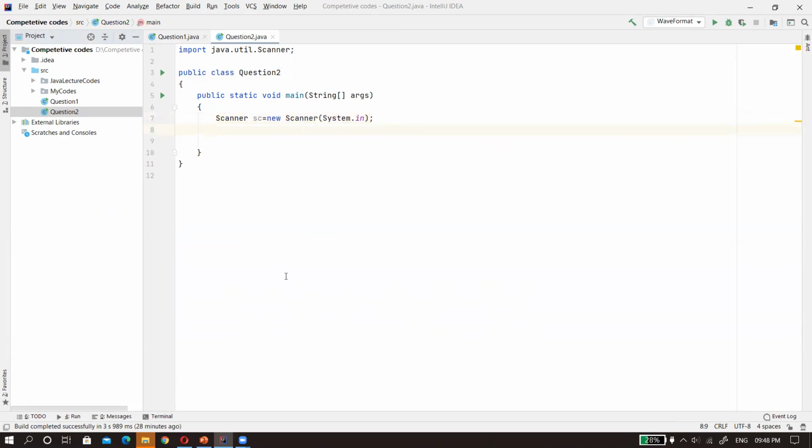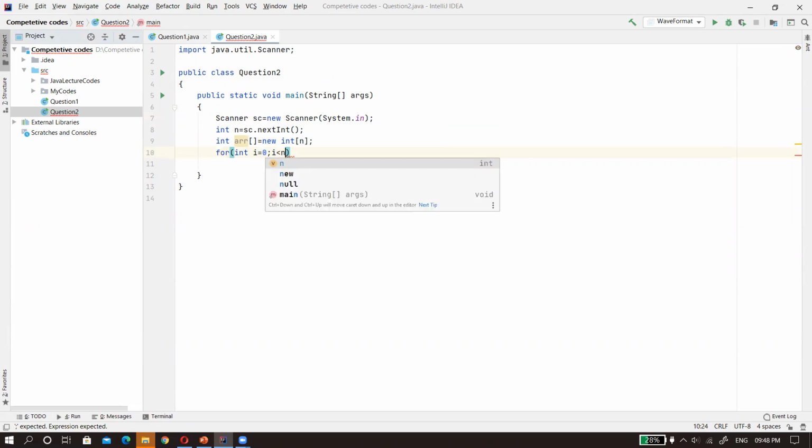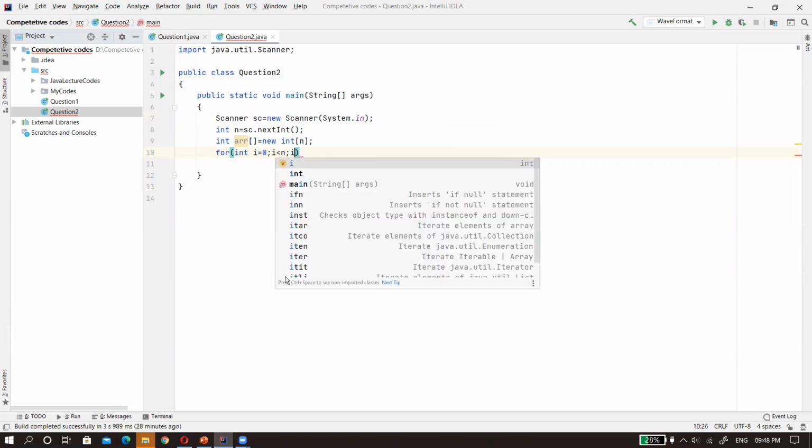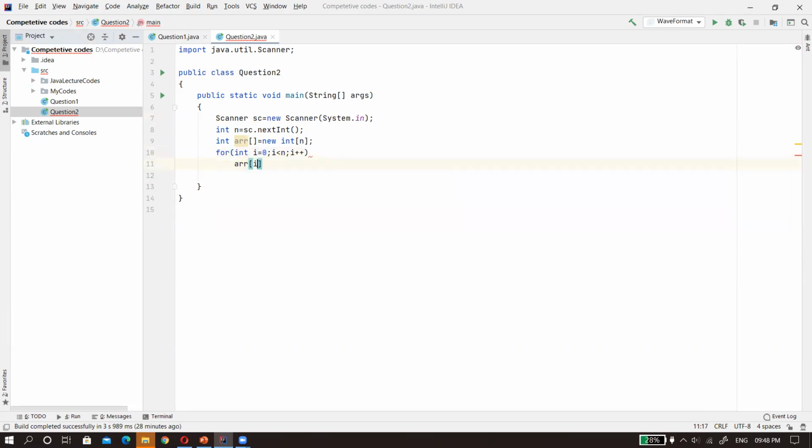Now the first thing you have to enter, you can see the question was telling to enter the size of the array. So I am taking integer variable n equal to sc.nextInt. Now next thing we have to take the array itself. So first we can declare the array, int arr equal to new int, and what is the size? The size is n. So we have to input that array. So we can use a loop. So for int i equal to 0, starting from the 0th index till the ending index minus 1, that is i less than n, and i++. Now in arr[i] we accept a value of int type. Okay, so this is done. We have inputted the array.